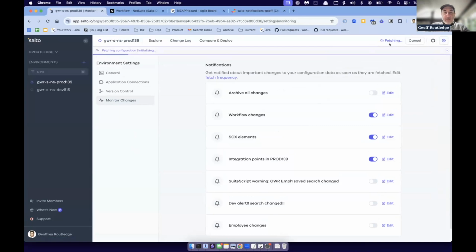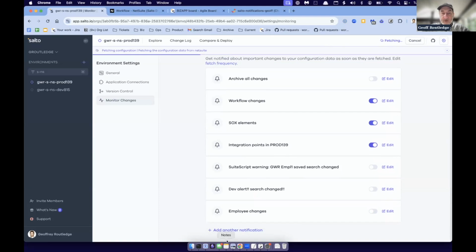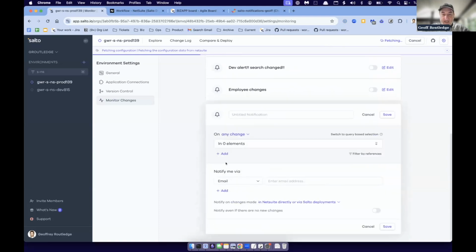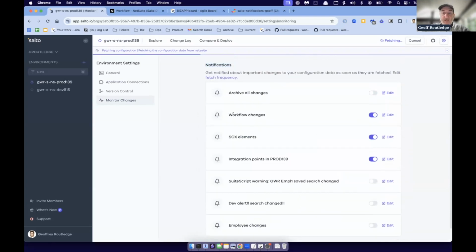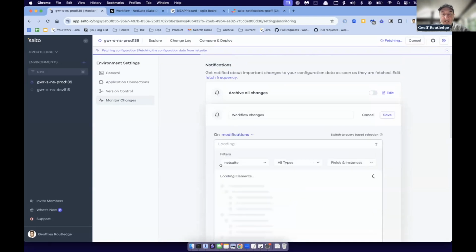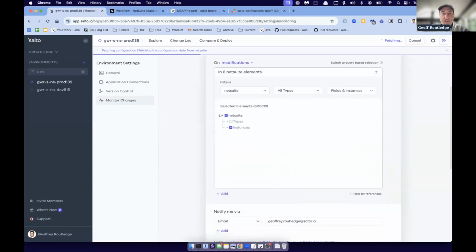So I can do fetches in a number of ways, but fetches are something that happen relatively frequently. Every time we get a response from one of those fetches, we look at the notification patterns that have been configured, and you can configure any number of notification patterns. I can add another one down here and create a new pattern, but I've got some already set up. This one is called workflow changes, but I can look and see exactly what it is. What it's looking for are